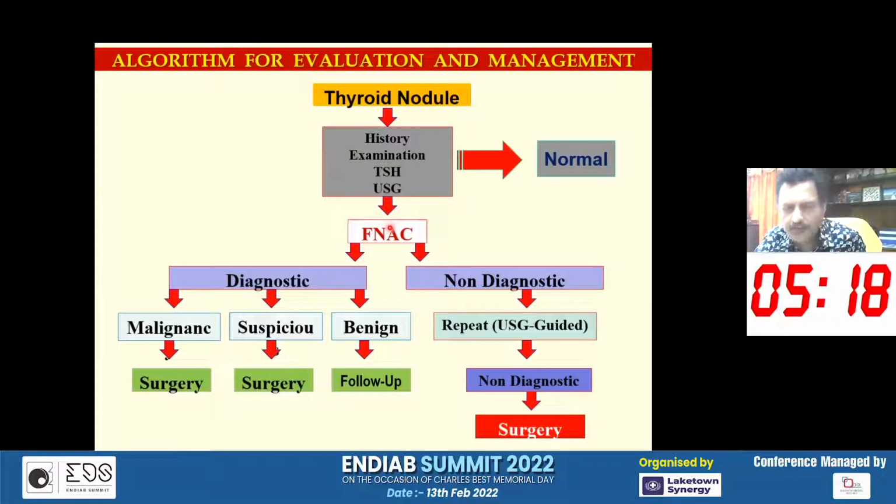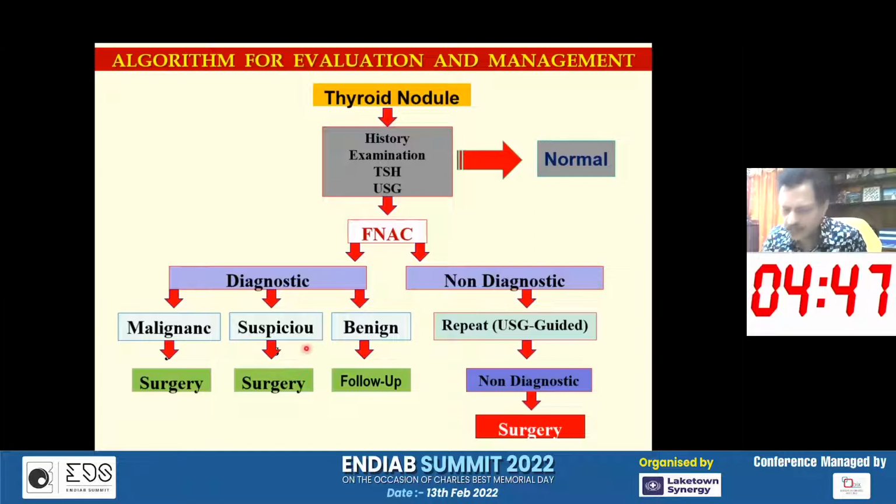and we may not go for FNAC. And even if the size is big, but if it is a completely cystic lesion, then also we will not subject the patient for FNAC. Now, after doing the FNAC, we can get non-diagnostic, benign, suspicion of malignancy, or malignancy. Benign will require follow-up, non-diagnostic will require a repeat FNAC, and malignancy will require surgery,